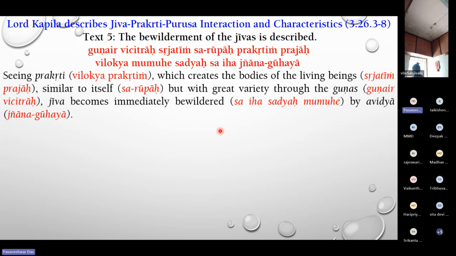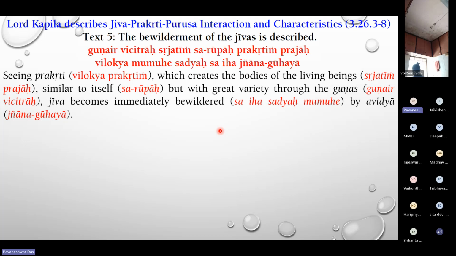The Jiva becomes immediately bewildered by avidya. So what does avidya do? Jnana guhaya. Avidya covers our real knowledge. What is the real knowledge? The real knowledge is all about our true identity. So that is covered. And because our true knowledge is covered and we are engaged in a particular material body,